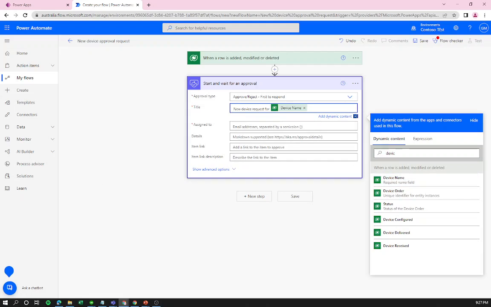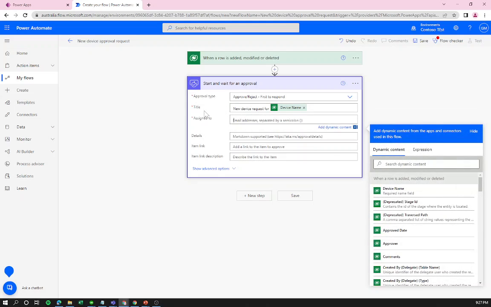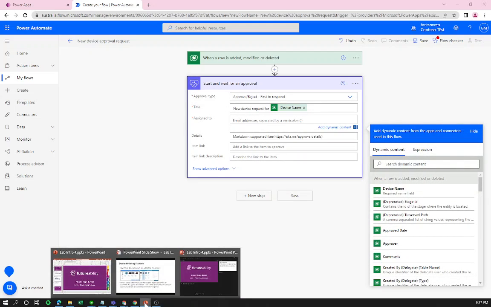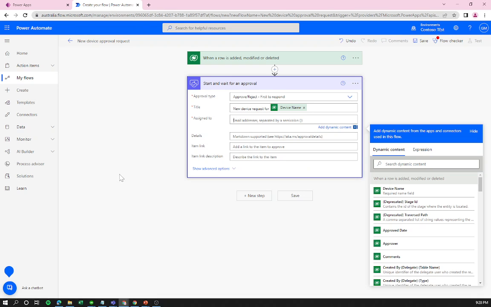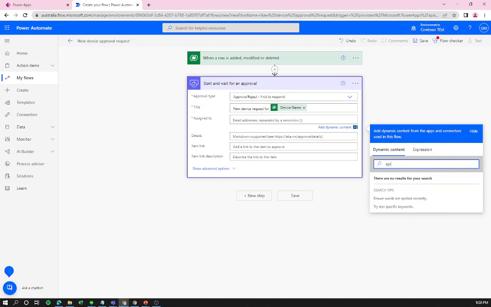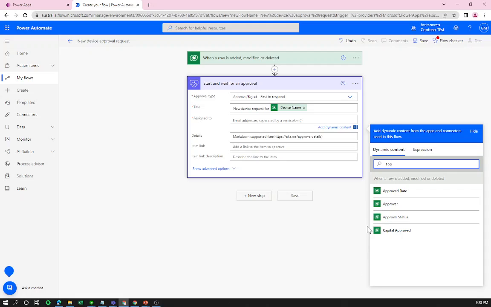Okay. And then for the next area, what we want to do is who do we want to assign this to. Remember that in our app, we are asking them to input the approver. It's gonna come automatically from their manager, coming from their profile of Office 365, or they can manually put it as well. And this field is being saved in our database, so we can take advantage of that and use it right here. So I'm gonna select approver here. Okay, and then in the details,